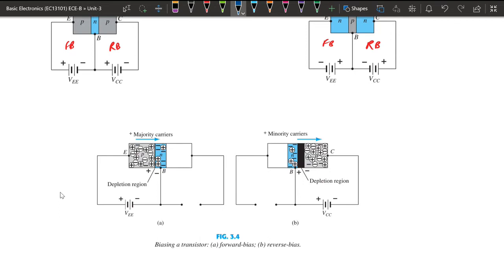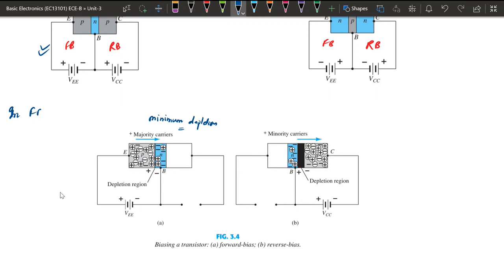So one diode, we are operating one diode. So this region is forward bias, so we have considered the forward bias region and the reverse bias region. So in case of forward bias, if the diode is forward bias, whatever depletion region is there, it will be having minimum depletion region. Depletion region will be minimum. Okay. And also, if it is forward bias, whatever current will be flowing, that current will be because of the majority carriers. Okay. So in forward bias, the depletion will be minimum.